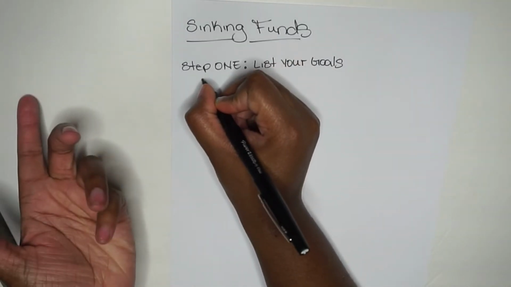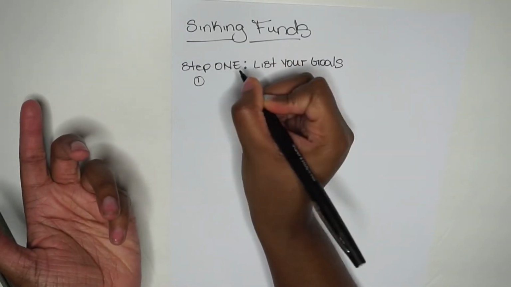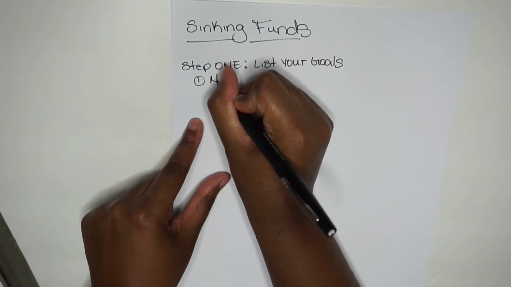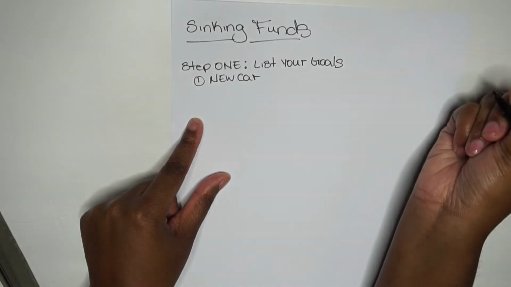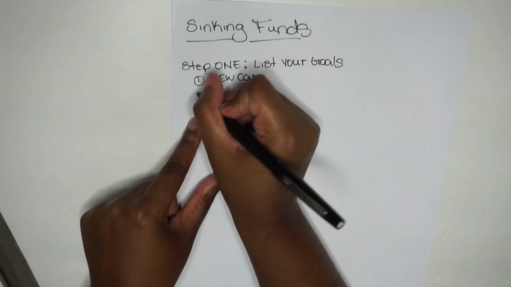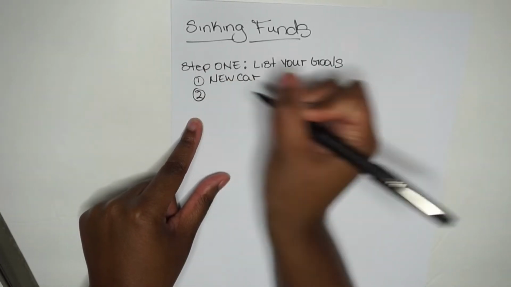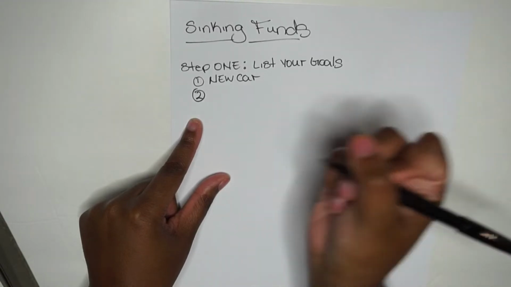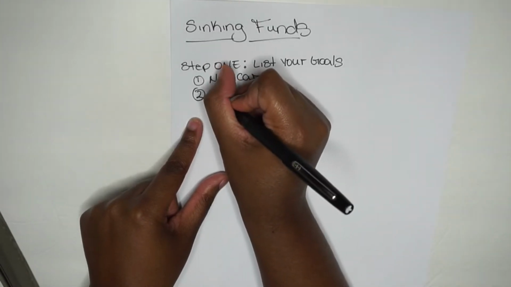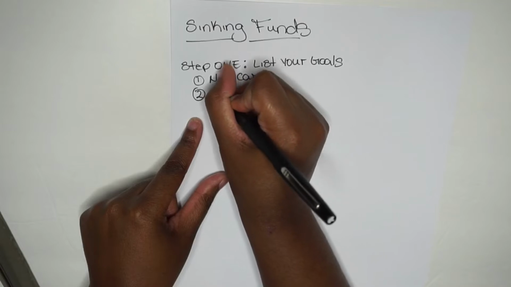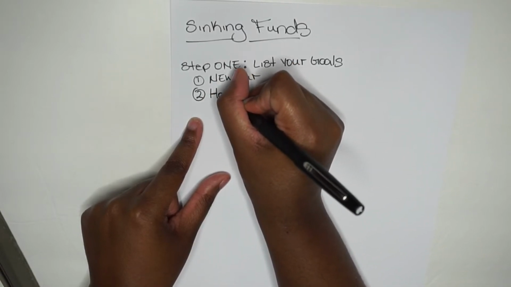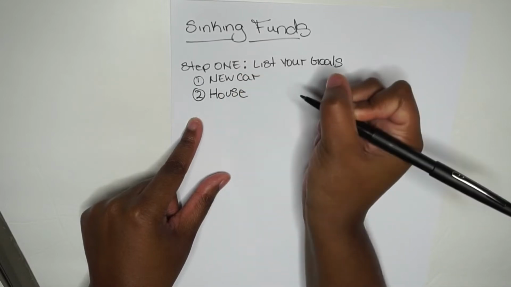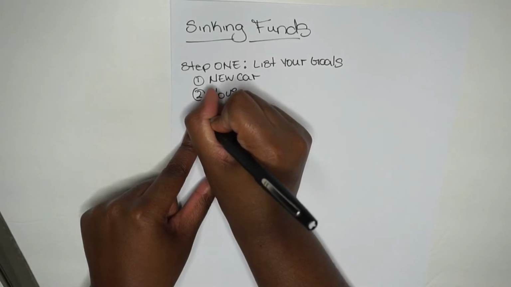I would list my personal goals, which would be 1, a new car. That is one of my personal goals. 2, a house. I would love to have a new house. Well, not a new house, a house, because your girl does not want to be in an apartment. She wants a home. 3,